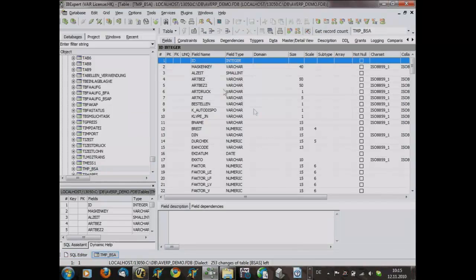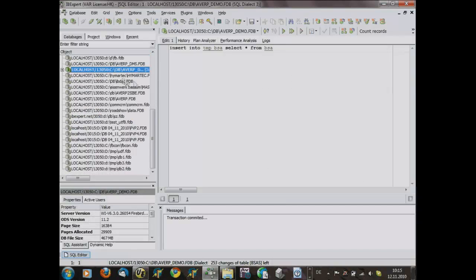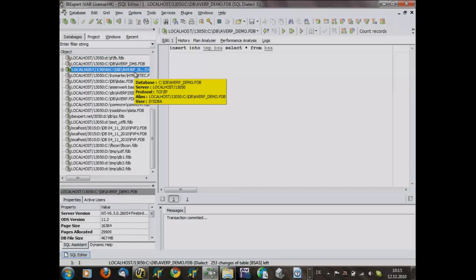And when I look for the table, it has the same structure as the original table, but no foreign keys, no primary keys, so the restrictions are not copied. Especially when you simply want to have a copy of data somewhere in the database because you want to copy the data back sometime later, it is a really easy way to do it. This can also be done not only in the same database, but also to a different database.